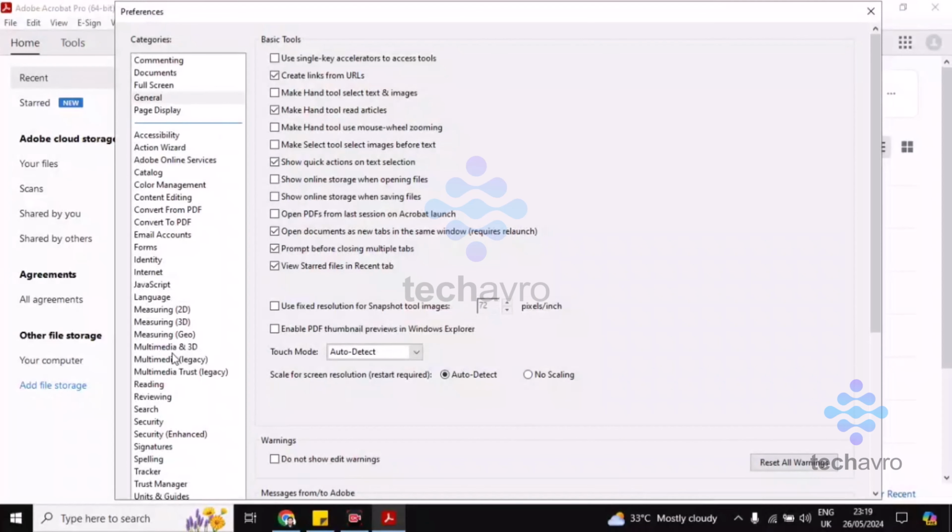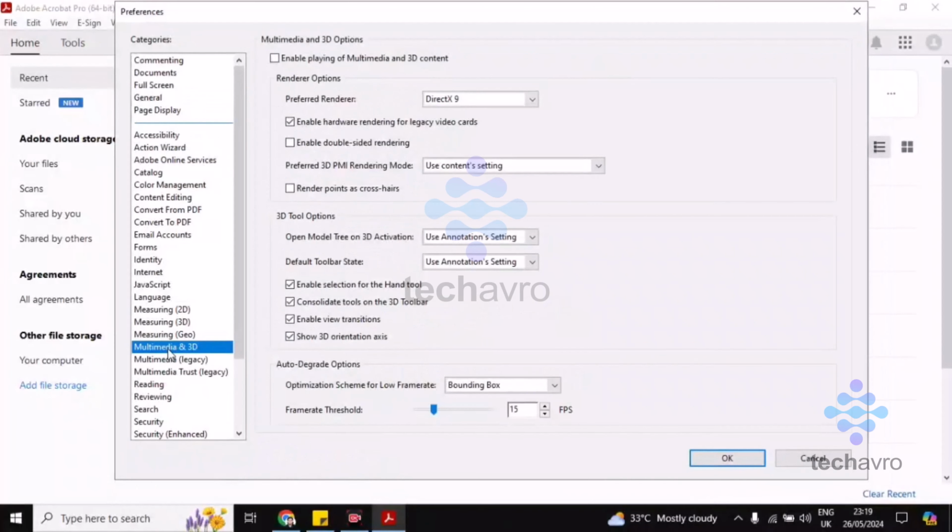Now you have to go to Multimedia and 3D, this option, Multimedia and 3D. Now you have to uncheck this box: Enable hardware rendering for legacy video cards. Click on this box, just uncheck this box. After unchecking this one,